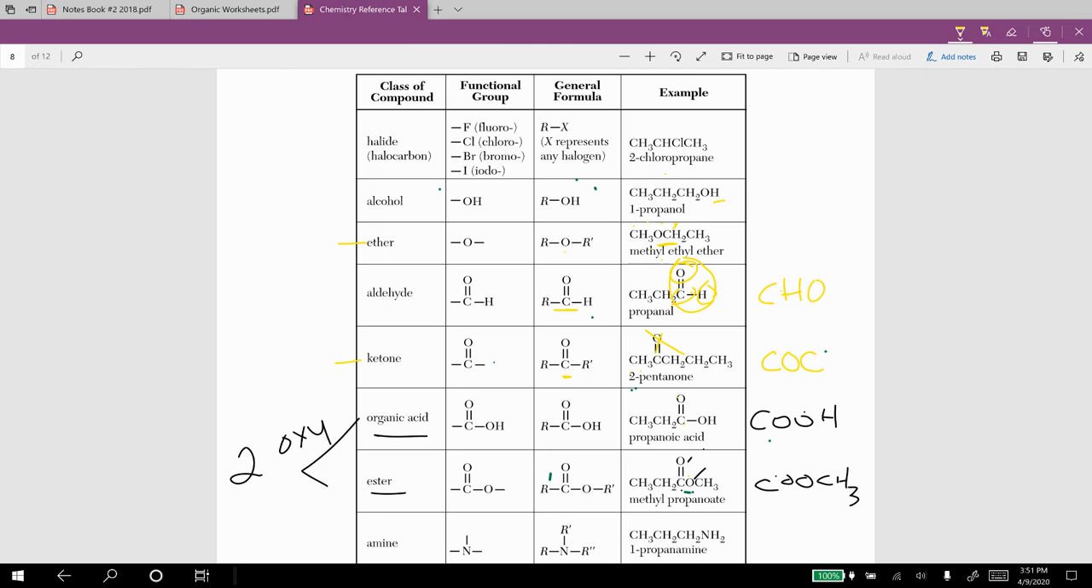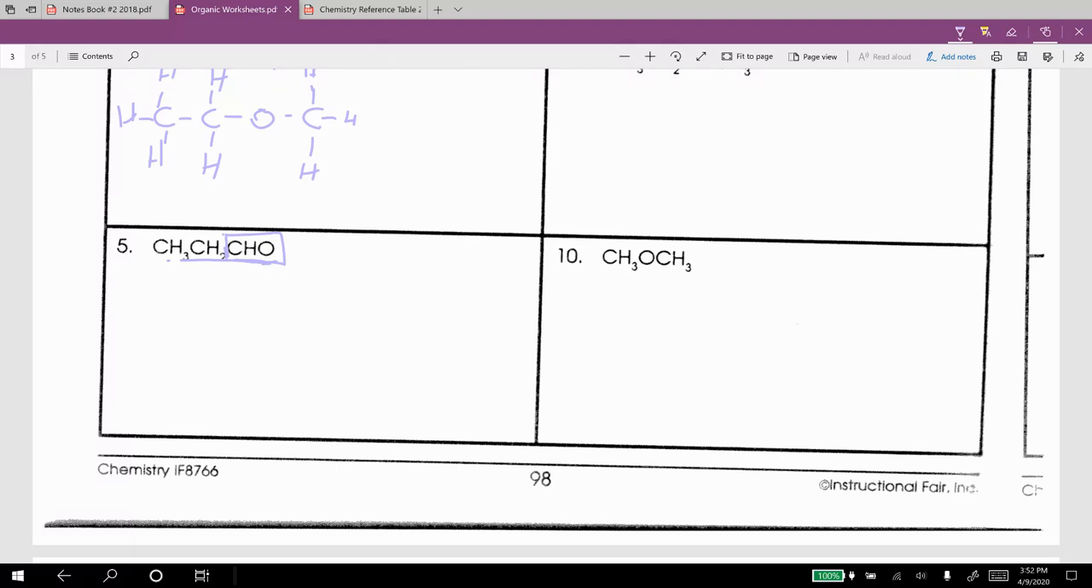CHO, right? Those are our letter combinations. Notice how I've got CHO, COC, COOH, and COOCH3. So CHO is going to indicate that we have the aldehyde. So aldehyde. And now I'm going to draw this out. And I'm going to make sure that I draw it just like the one that's drawn on table R. So I have CH3. So CH3. And now I have a